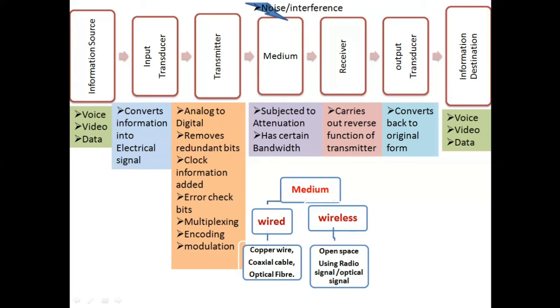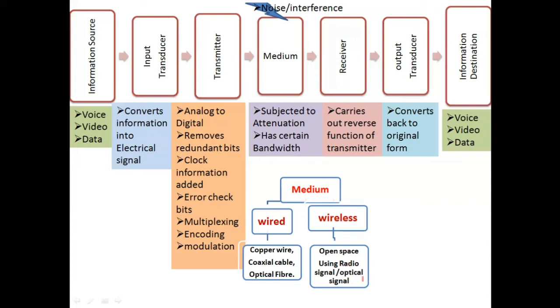Next, after all this processing that takes place in the transmitter, the information is now put onto the media. This medium is broadly divided into wired and wireless. In the wired, we have copper wire, coaxial cable, and optical fiber cable. These are all wired types usually used for the transmission of information. And we also have the wireless type of media, where open space is used for carrying the user information